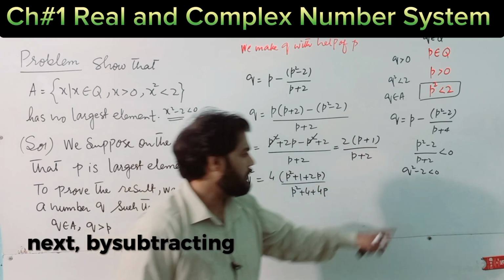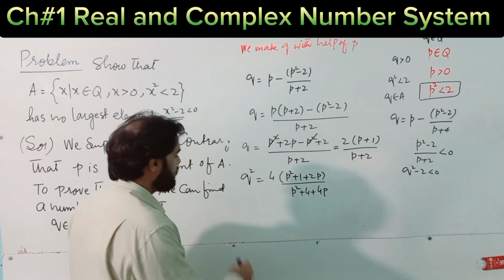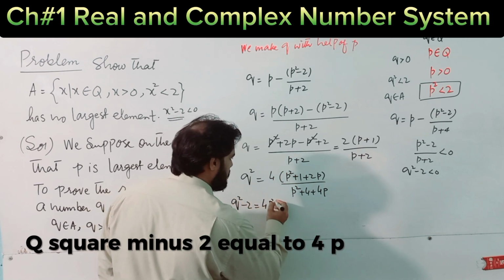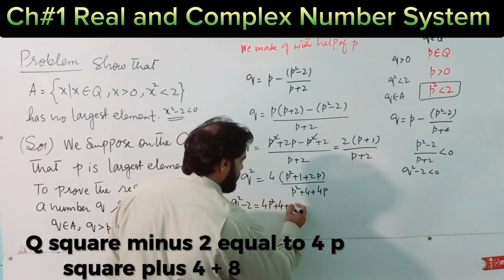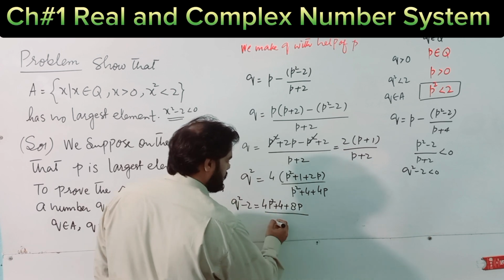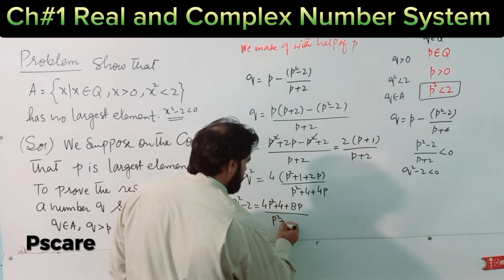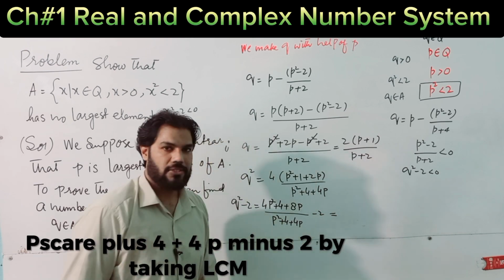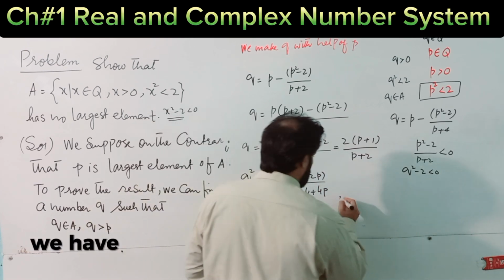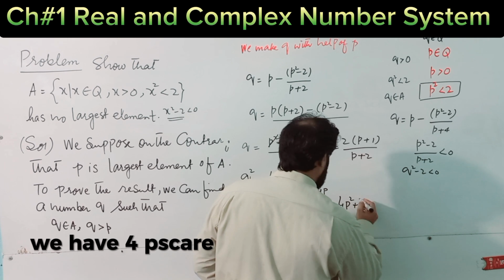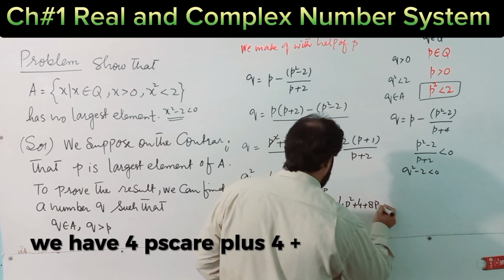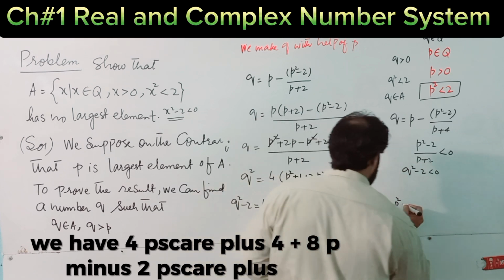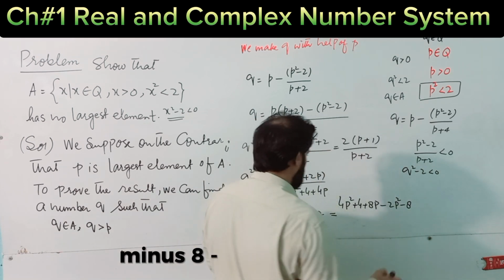Next, by subtracting 2 on both sides, this gives q square minus 2 equal to 4p square plus 4 plus 8p over p square plus 4 plus 4p, minus 2. By taking LCM, we have 4p square plus 4 plus 8p minus 2p square minus 8 minus 8p